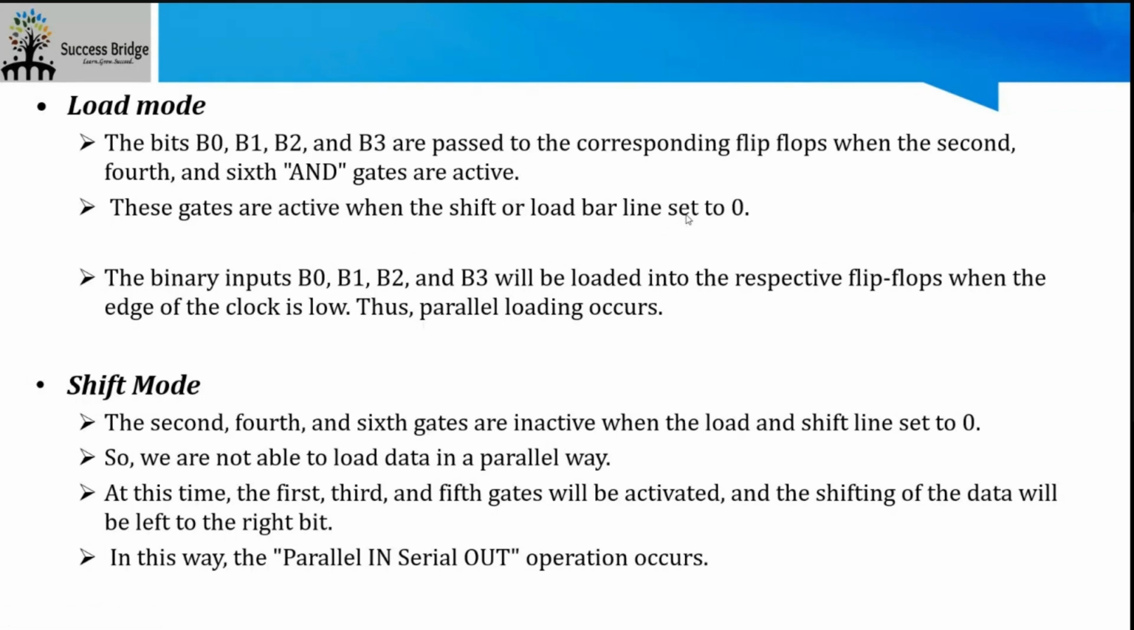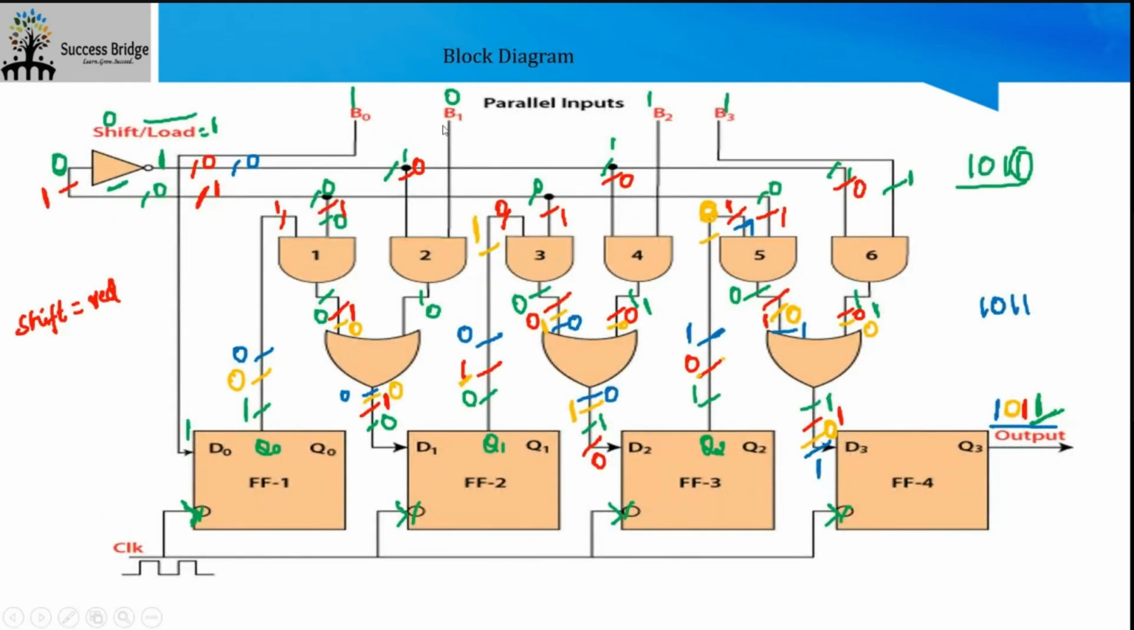So here we need to only load values into the registers, the input values. So we will give values to B0, B1, B2, B3, which is this 1011 coming here. So you see this architecture. B1 is coming from an AND gate and reaching here. B2, same. B3. Now shift, once loading is done,